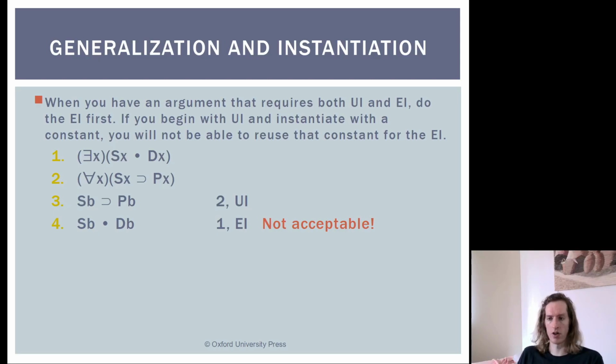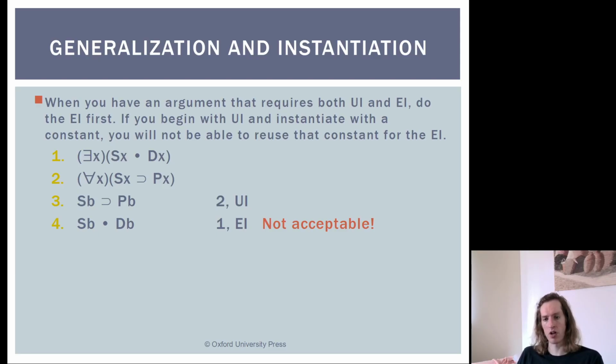First, there is at least one x such that x has property S and x has property D. And our second premise is, for all x's, if x has property S, then x has property P. If we universally instantiate first using a constant, we get: if something b has property S, then b has property P. But we can't existentially